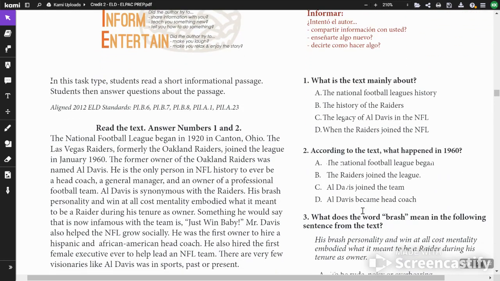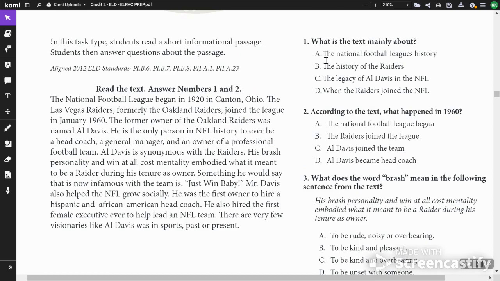So this is a short informational passage. I want you to read this and do your practice again. Okay? Before you read it, go through and read questions 1 through 3 thoroughly. Go ahead and practice with that. You won't be able to do it on the